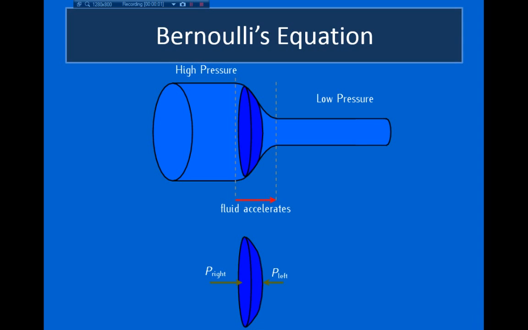Hello and welcome back. In the previous video, we were discussing the continuity equation, and basically what the continuity equation says is that the rate that water flows into a pipe has to be equal to the rate that the water flows out of the pipe. So if we look at this pipe down here, for example, as the pipe gets narrower, the water has to